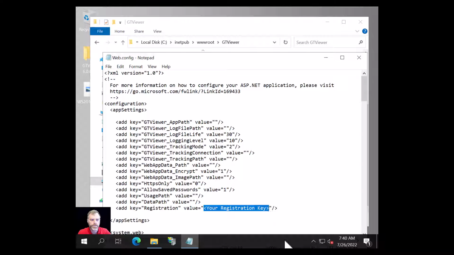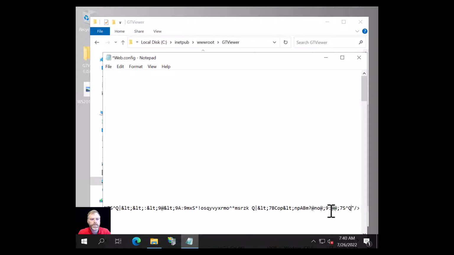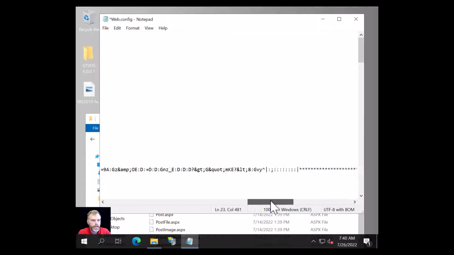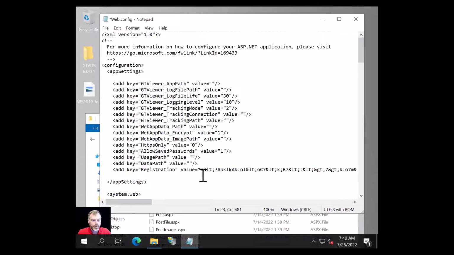So I'm going to get a registration key and paste it in here. It's just a string of seemingly random characters. Let me get it up here a little higher. It does have to be precisely pasted in there with no extra spaces or anything, and sometimes there are spaces before and after it, so it's very critical that you get it correct. We usually send out the entire line, the whole app key registration value equal all lines, so you can just paste in the whole line, and it makes it simpler and less chance of error.